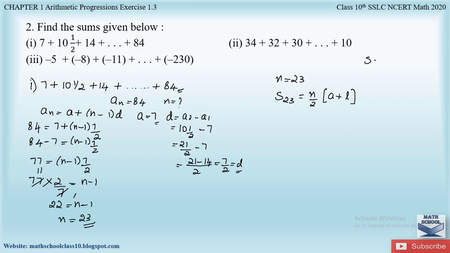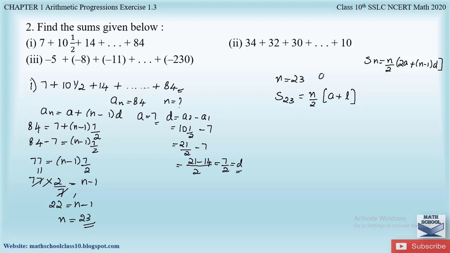Otherwise we will use the formula Sn is equal to n by 2 into 2a plus n minus 1 into d. This formula is used when the last term is not given, but here in the question, since the last term is mentioned, we are using this formula. I have given the complete explanation and derivation of these two formulas in my previous videos. If you have not watched that video, please find the link in the description box below or click the I button above. So coming back to this formula, let us substitute the values.